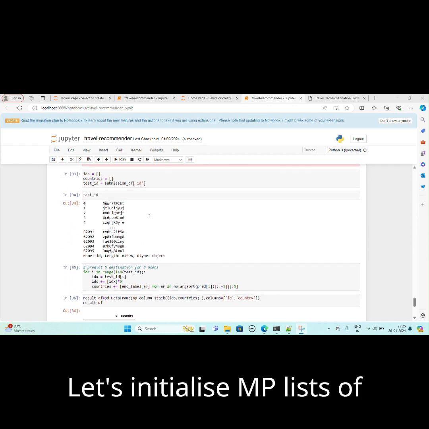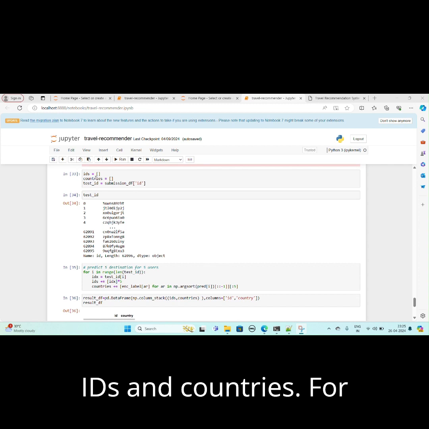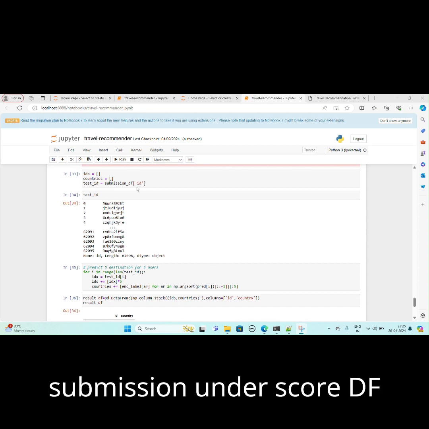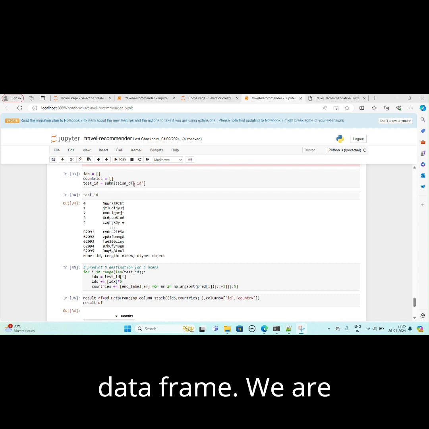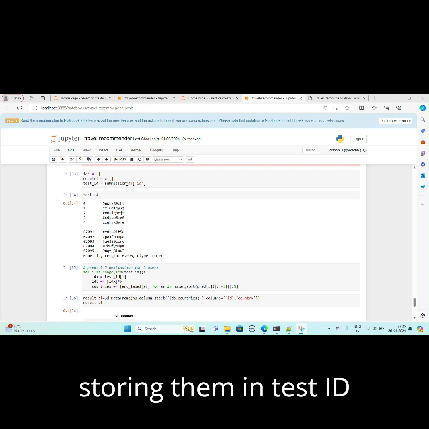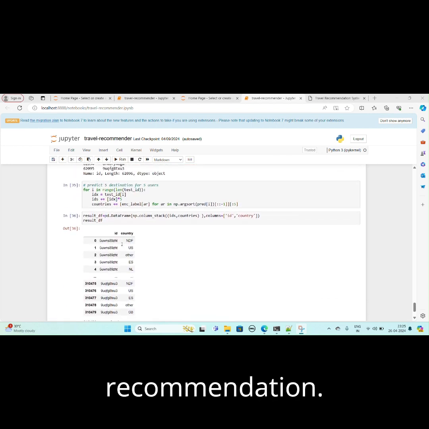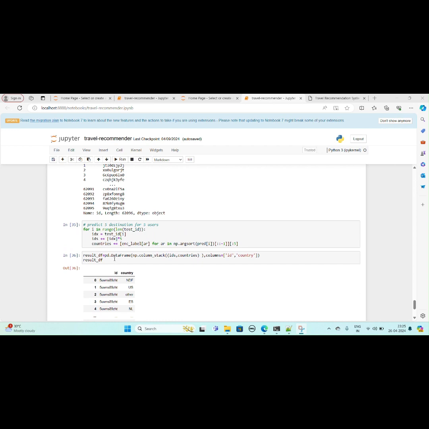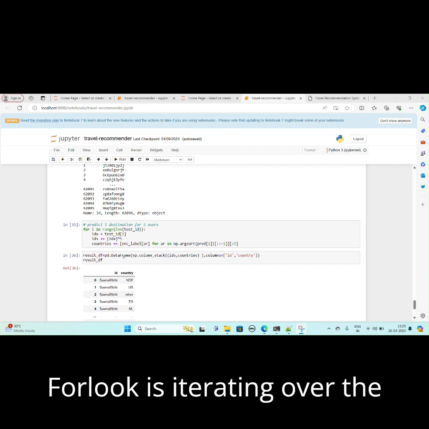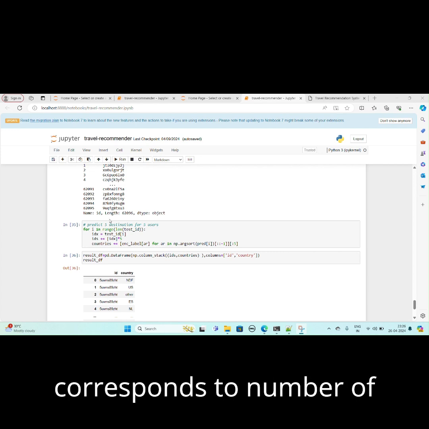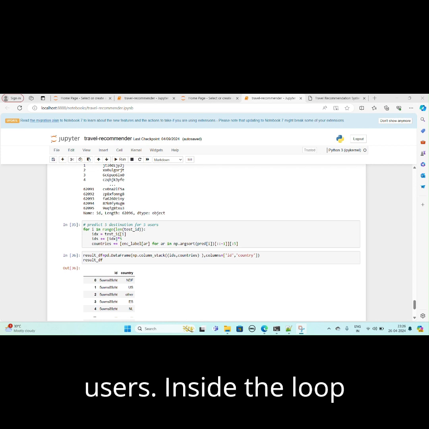Let's initialize empty lists of IDs and countries. For extracting the user's ID from the submission_df data frame, we are storing them in test_ID and printing it over here. For generating recommendations, a for loop is iterating over the range of the length of the test_ID list, which corresponds to the number of users.